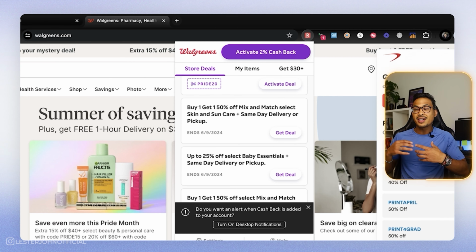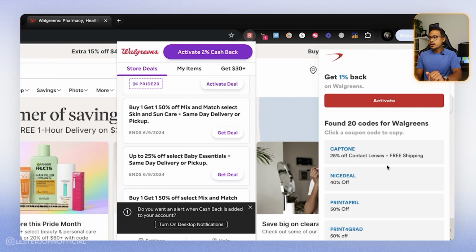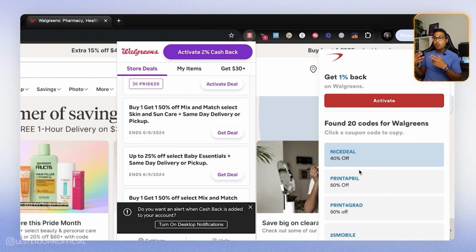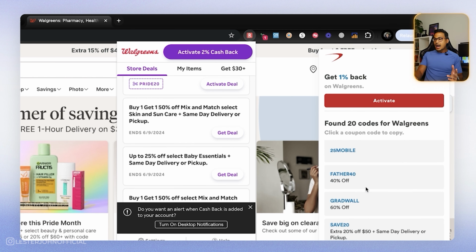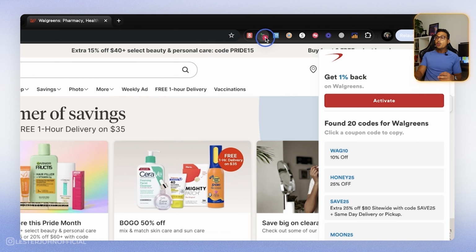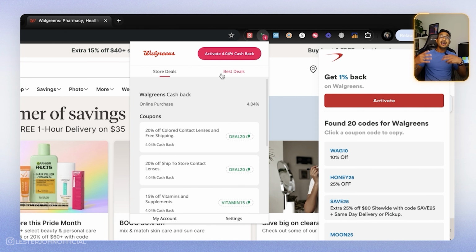Then my personal favorite is I like to use Capital One, right? The Capital One Shopping Google Chrome extension, just because from experience they tend to have more coupons that work, or just a better coupon in general, again, just from experience. So I like to use the Capital One Chrome extension, then use Rakuten or Top Cashback to get cash back,